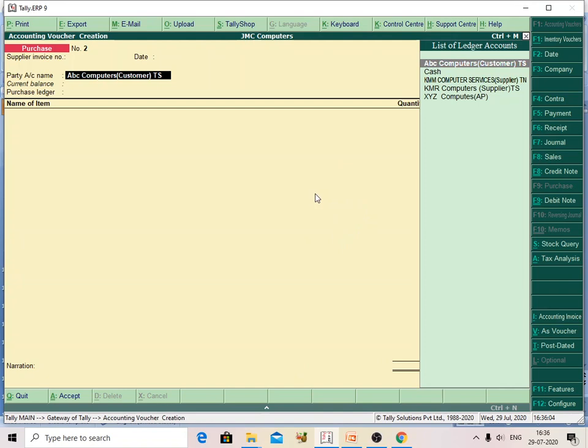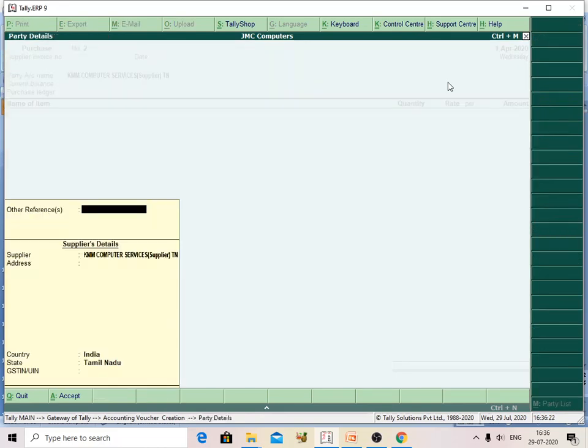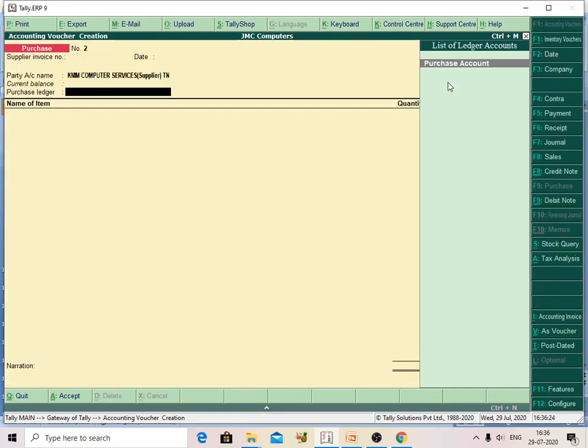Now I will show you one more inward supply, that is again purchases. I am purchasing goods from a state other than Telangana, KMM Computers, it is Tamil Nadu.